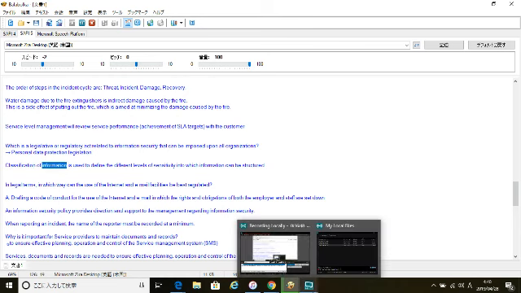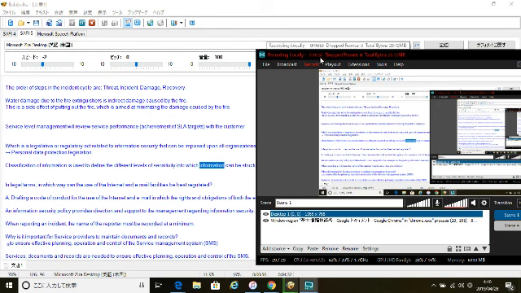Classification of information is used to define the different levels of sensitivity into which information can be structured. In legal terms,